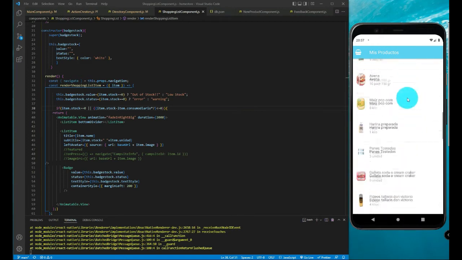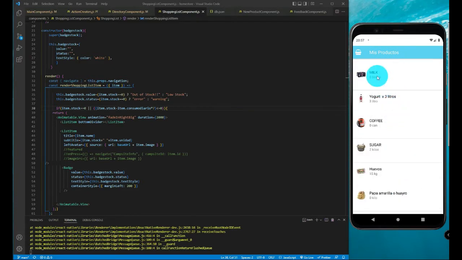So for example, here we have milk, and as you can see, I have 8 boxes of milk. I have 0 coffee, so I have no coffee, and also I have 2 kilos of sugar, so I am